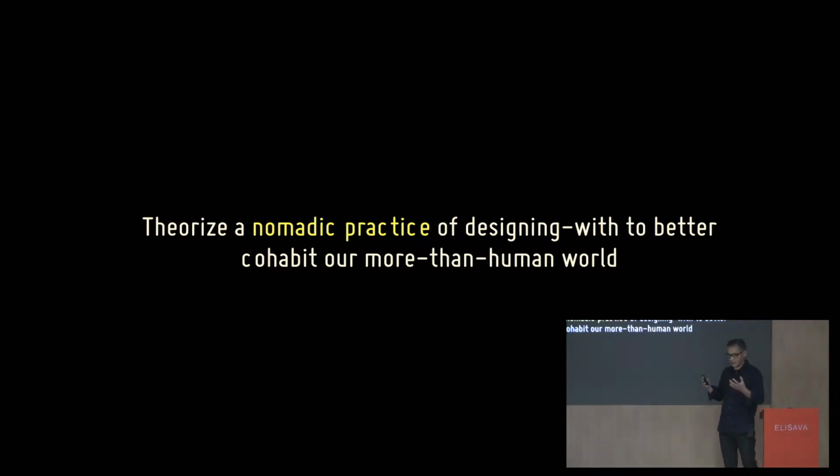that I didn't want to see design as a single discipline. I wanted to look at it, I saw it as something that could be seen in a range of pluralities. There are all kinds of different ways in which we could design, and all kinds of different things that we could design. So I think sometimes when we talk about design as a discipline, it's actually exclusive rather than inclusive, and I wanted to be more inclusive about the way I understood design. So I called this nomadic practice rather than design discipline.